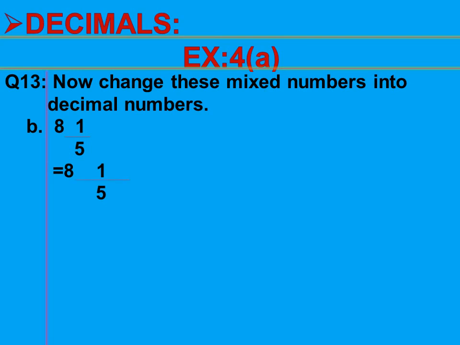So what will we do? Simply we will multiply it by a number. 5 2s are 10. This means that when we multiply the denominator with 2, we will get 10. At the same time, we will multiply the numerator with 2. After multiplication, we will get a mixed fraction like 8 2 by 10. Now we will replace the zeros of the denominator with the digits in the numerator. After replacement, we will get our answer 8.2.